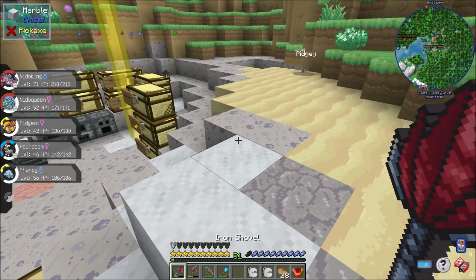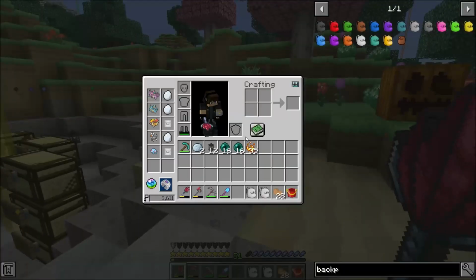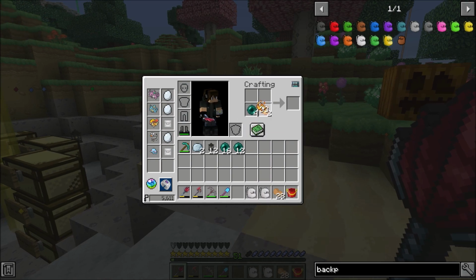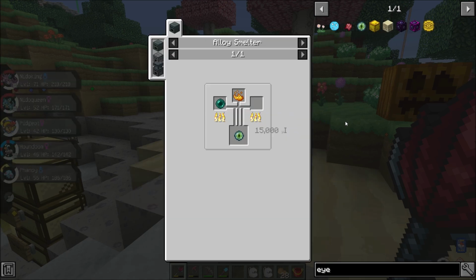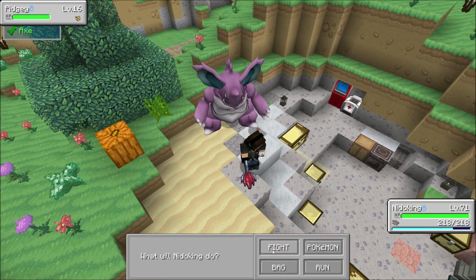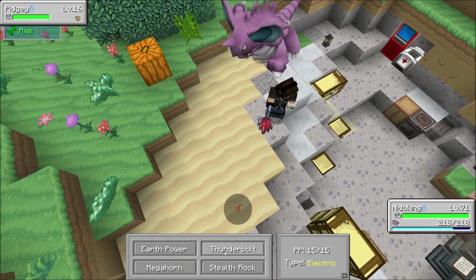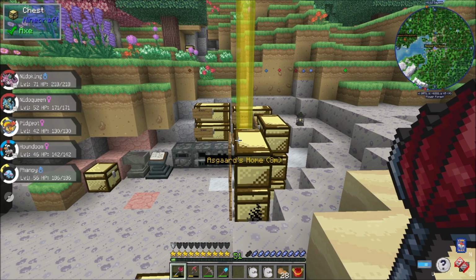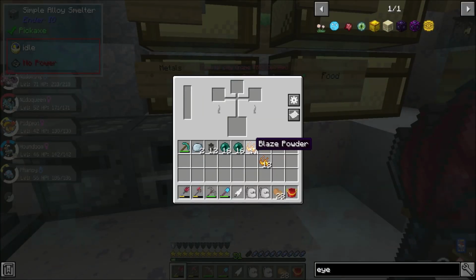And the reason being is we're going to go out exploring a little bit today. What I want to do is, let's go ahead. I'm going to make like 4 of these for right now. Eye Vendor. Oh, it's made in the alloy smelter. Oh, that changes up my plan a little bit. I did not realize that was changed. Okay, so in that case, what I'm going to do then, and this might be more than I need,